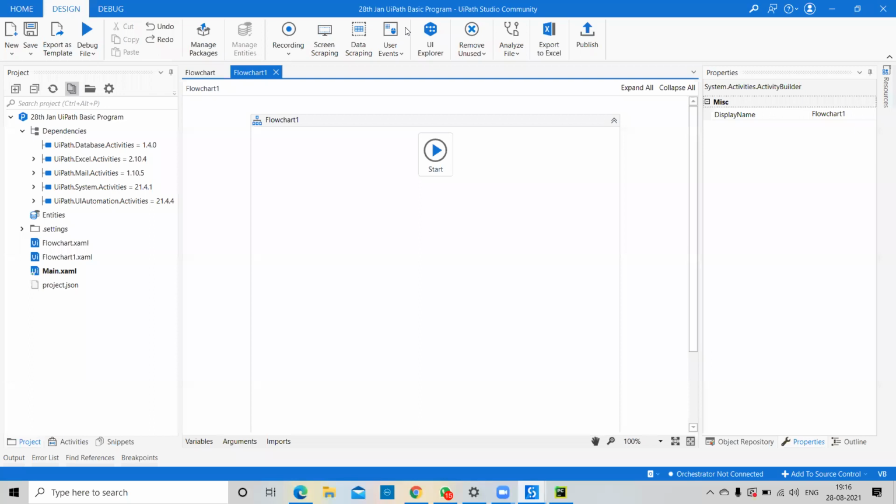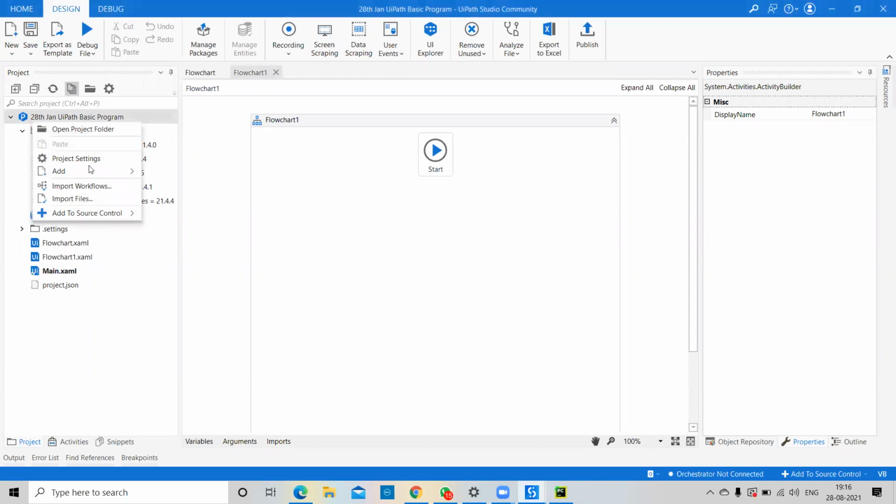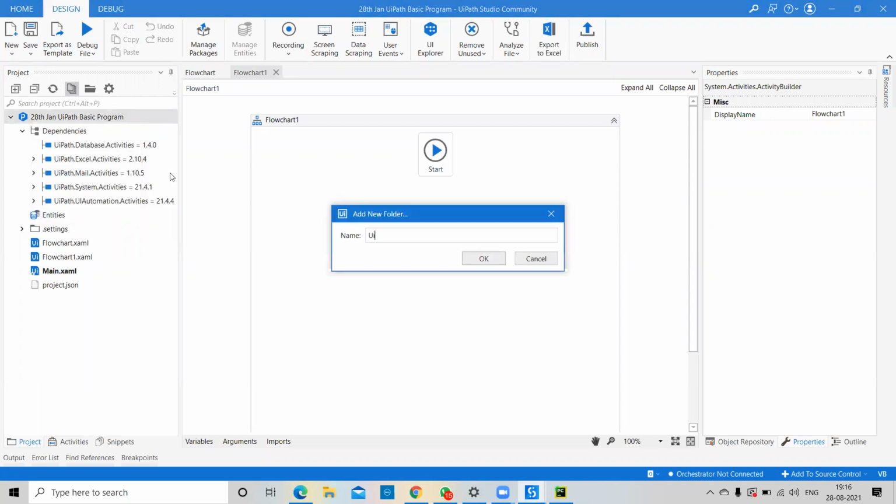But try to understand, suppose you are working in a company and we want to define the company name. Suppose I want to create projects on a daily basis. Inside this project we can create a daily folder. I can give the folder name here, so I can pass UiPath 28th August basic program.